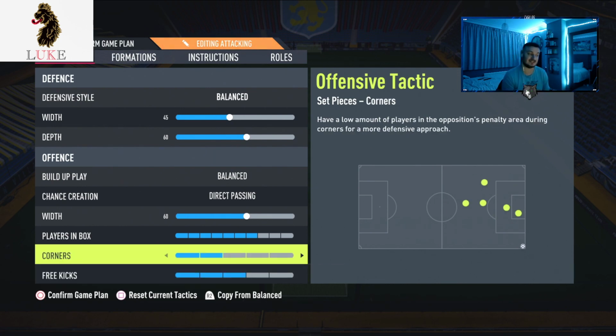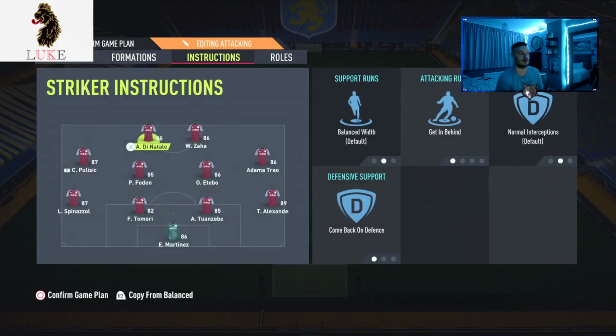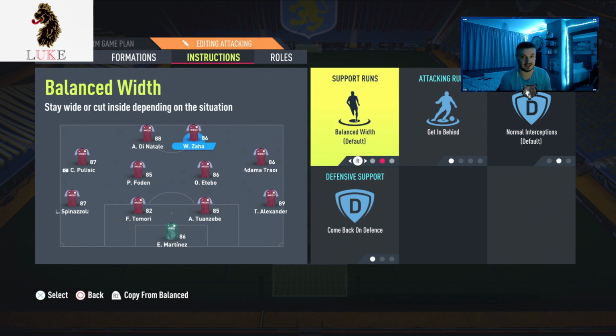So they're the custom tactics that I use with the 4-4-2. Player instructions. Again, use your own brain with these. So I have getting behind and come back on defense on both my strikers. The comeback on defense is actually more of an attacking move than a defensive move, because if I was to